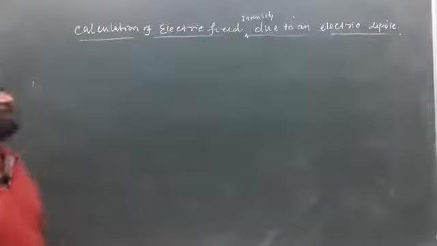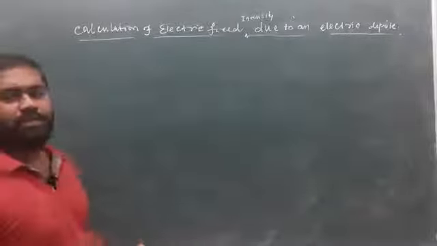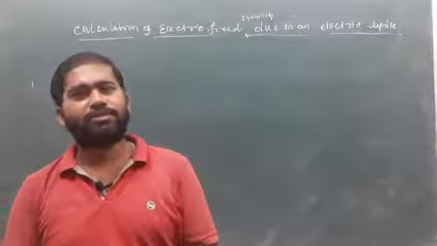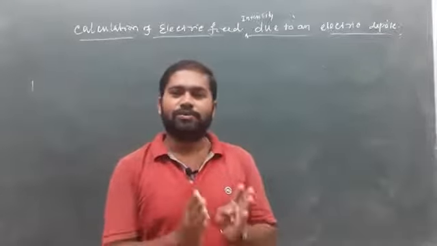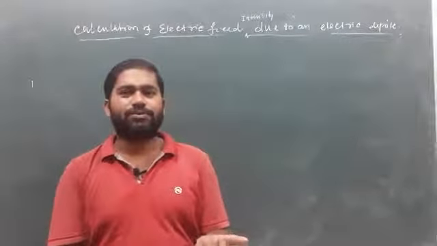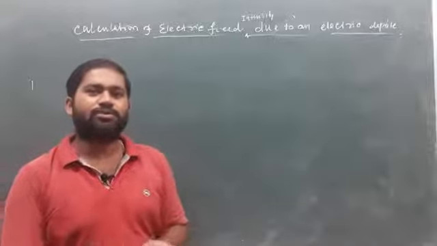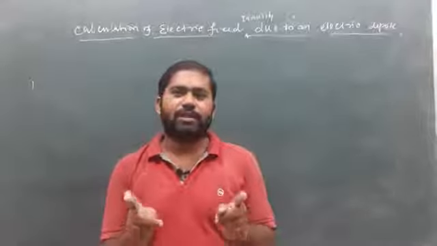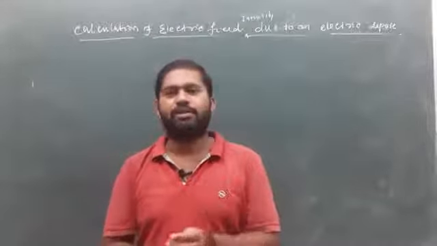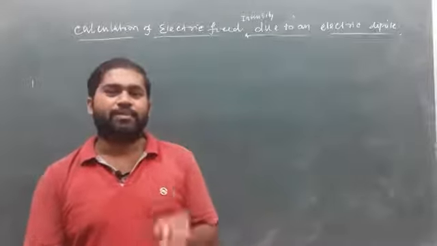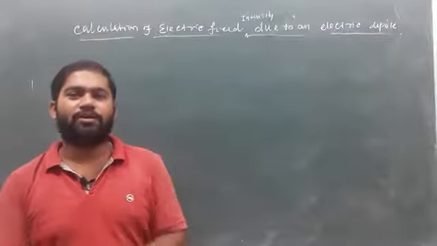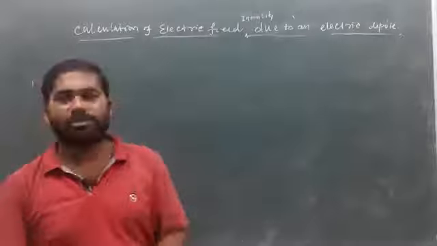Okay. So, when we consider an electric dipole, generally we find there are two different lines associated with it. One is called the axial line and the other is called the equatorial line. The axial line is the line that passes through the line joining the two charges and through its center. The equatorial line is the line that passes through the center of the electric dipole and is perpendicular to the dipole length.